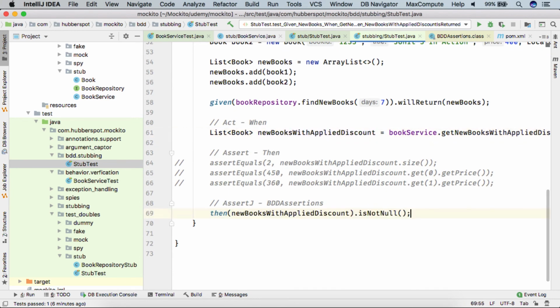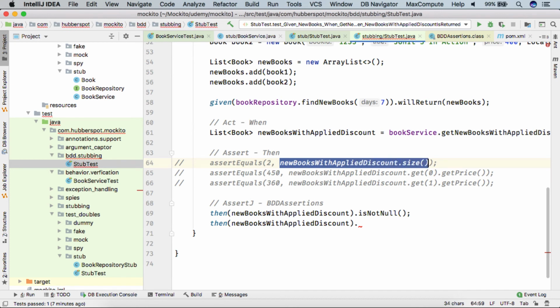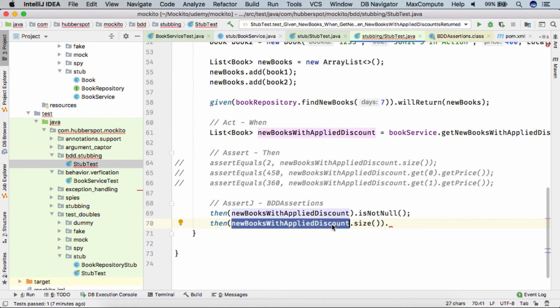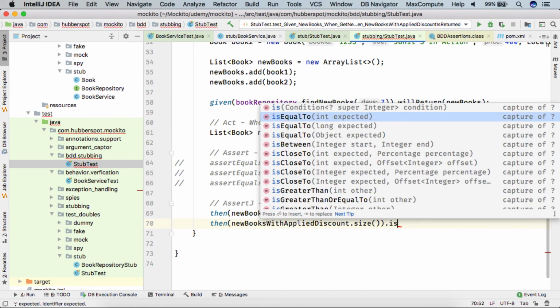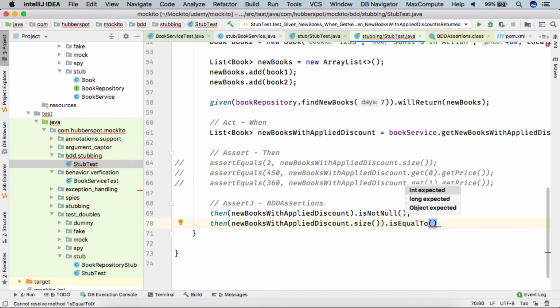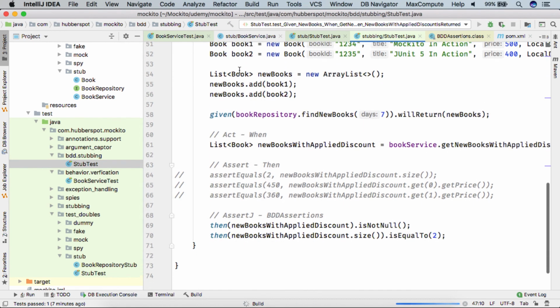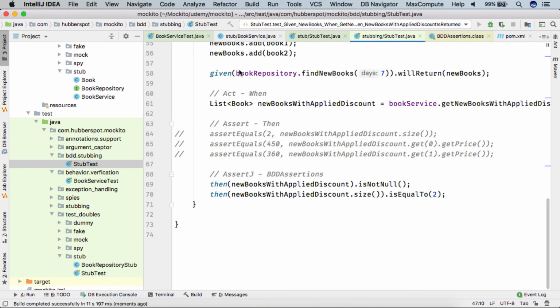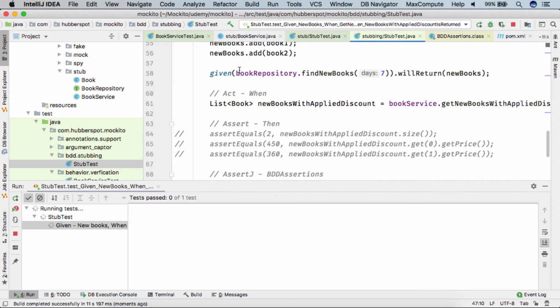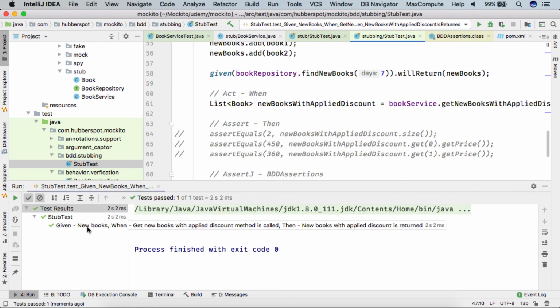Similarly, if I copy this, let's say we check for the size. So we copy this, new books with applied discount dot size, and there is a method isEqualTo. So we provide the value as 2. If we run the test, you can see the test case got executed successfully.